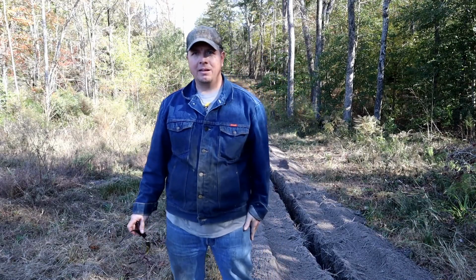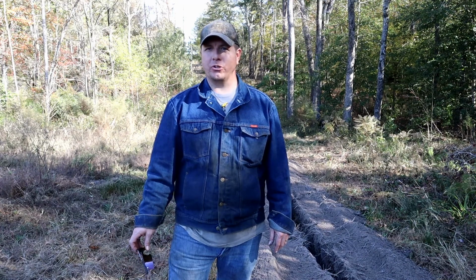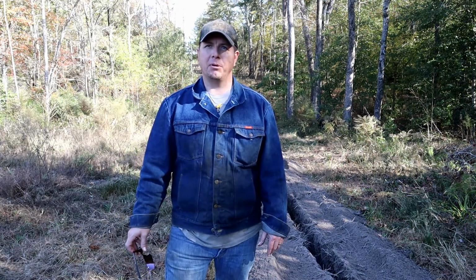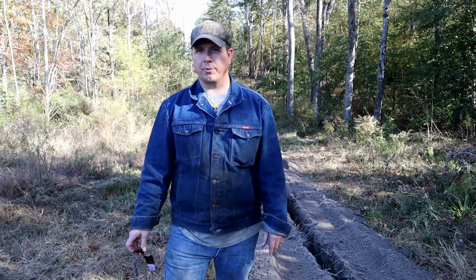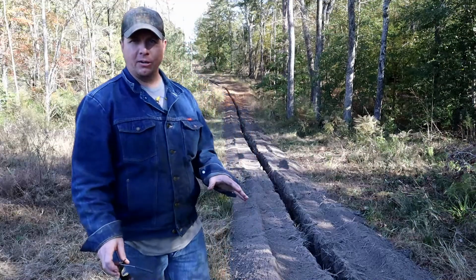Oh man, it sure is nice having the right tool for the job. That Vermeer trencher is just going to work, and this is a 1,500 foot line. I've been at it maybe 3 hours, and I'm already three-quarters of the way done. It just makes such quick work of this, and it feels so good standing here with a trench for a